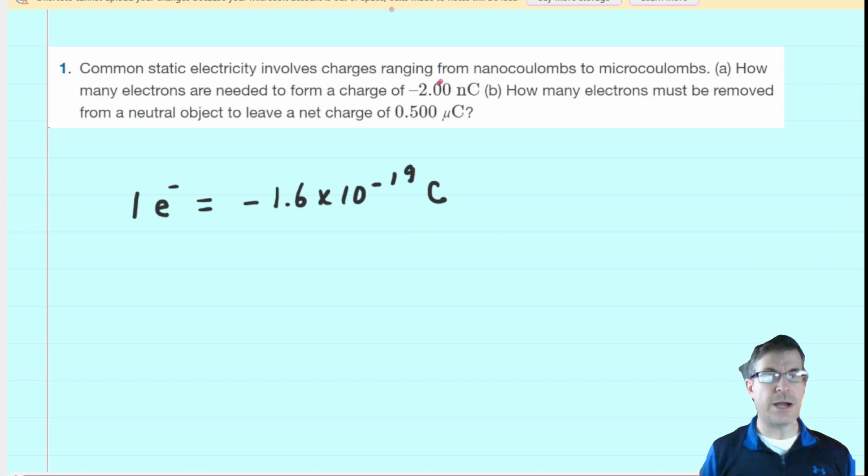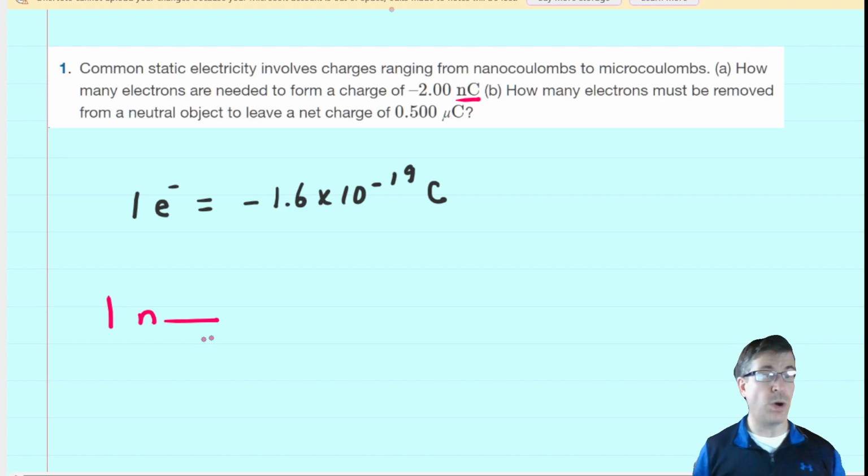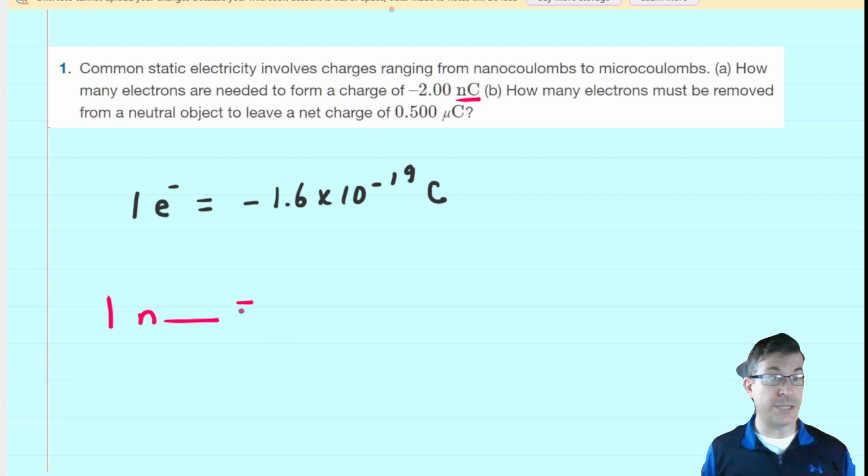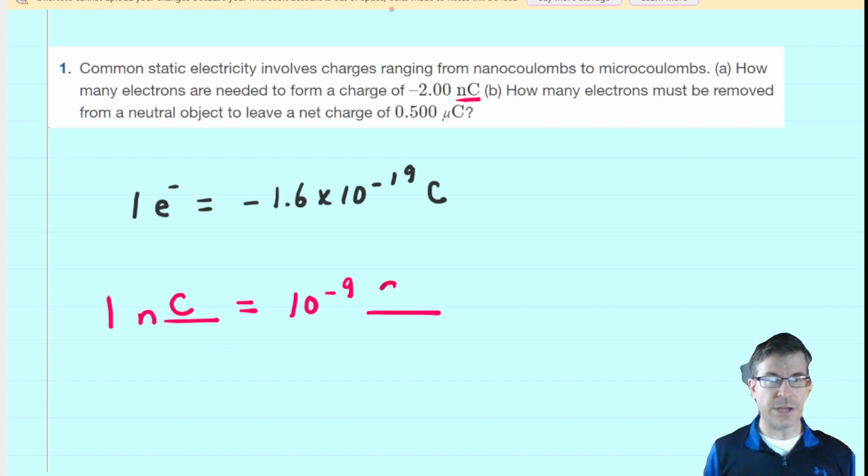But we also need to know how to convert from nanocoulombs into coulombs. Now, it turns out that 1 nano of any unit, so it could be 1 nanocoulomb, 1 nanosecond, 1 nanodollar even, whatever it might be, 1 nano of that unit is equal to 10 to the -9 of that very same unit. So in the case of nanocoulombs, we could say 1 nanocoulomb is equal to 10 to the -9 coulombs. So with those two facts, what we will do is basically convert the given charge of -2 nanocoulombs